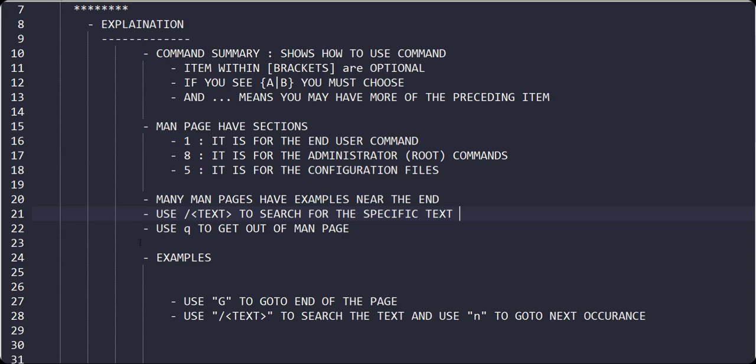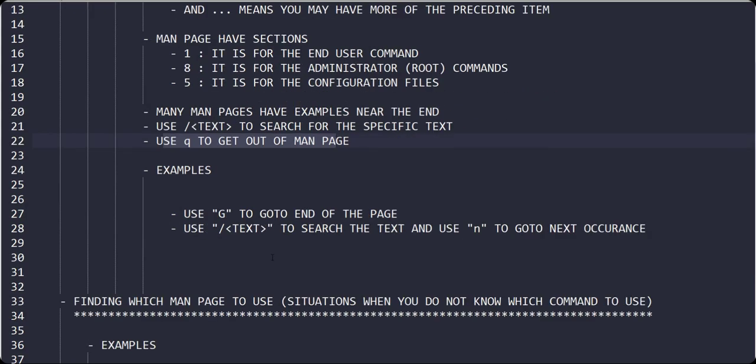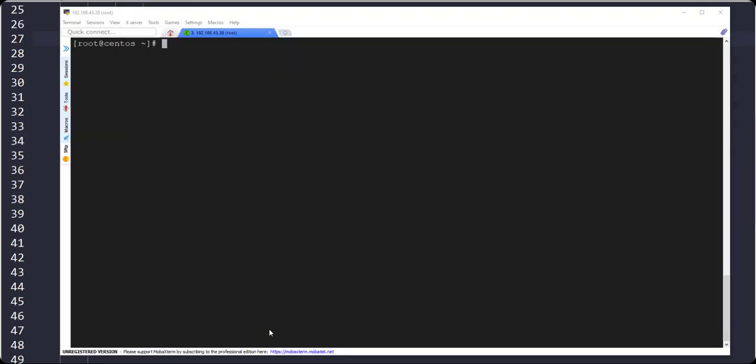If you want to quit and come out of the man page, you can use q. If you want to go to the end of the page, you use shift G. Now let's see how the man page looks in the Linux terminal.